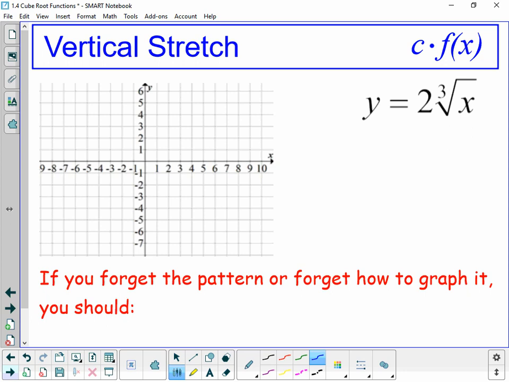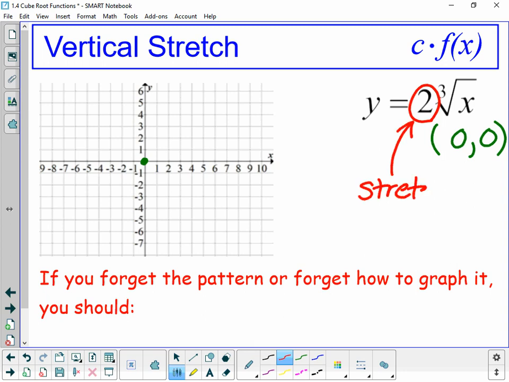So our function is going to be y equals 2 times the cube root of x. So we're stretching it by a factor of 2. Our starting point, when we're graphing it, is going to be, in this case, the origin. From there, our pattern is going to change a little bit. It is still a 1-7 pattern, but it's stretched by a factor of 2. So that means we're going to go